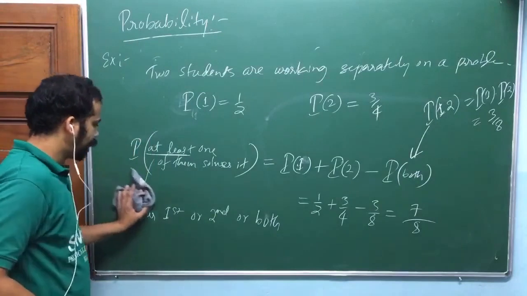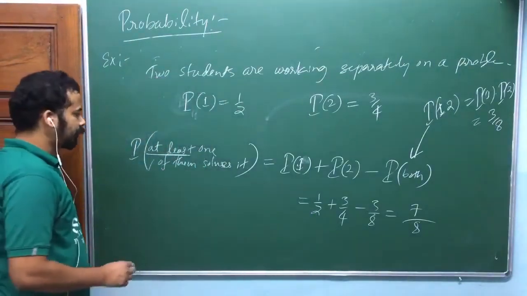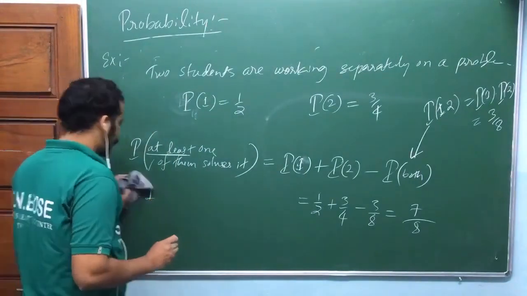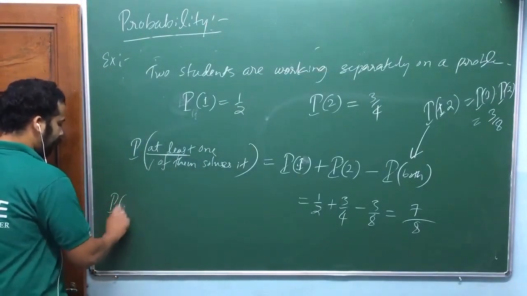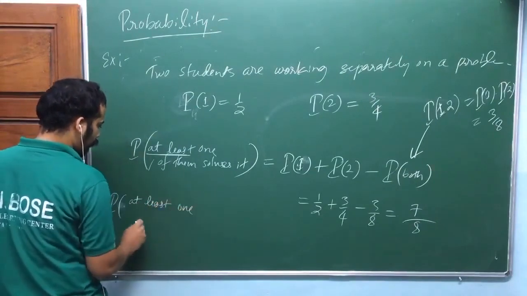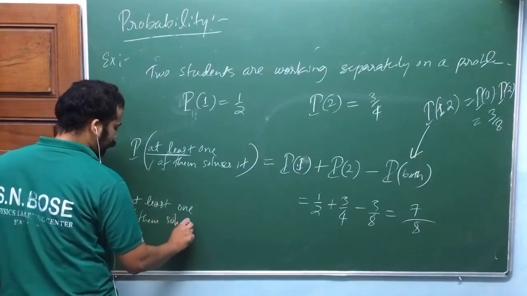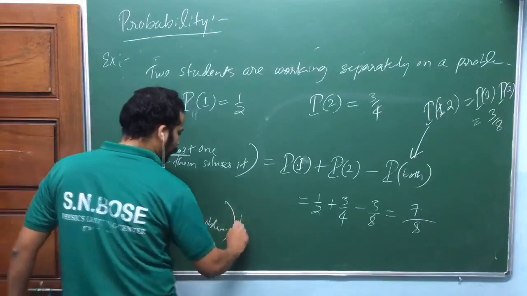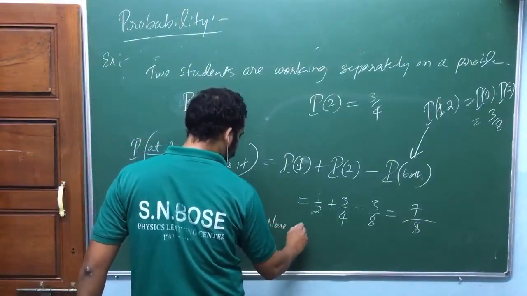That's very good. Look at here. Now this "at least", you can write like this. Probability that at least one of them solves the problem is equal to 1, look at here. Let me write like this. Probability that at least one of them solves the problem plus probability that none of them solve the problem.